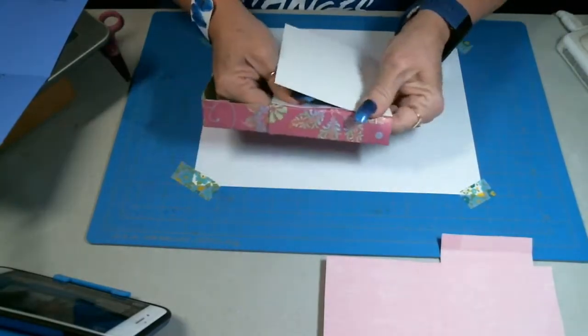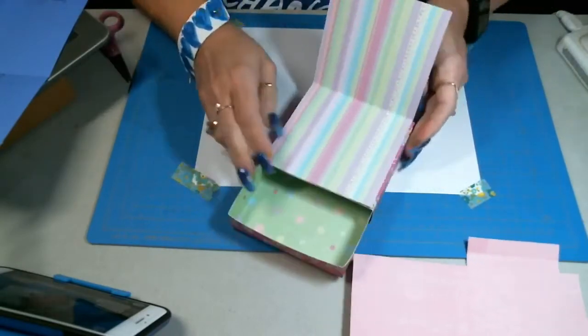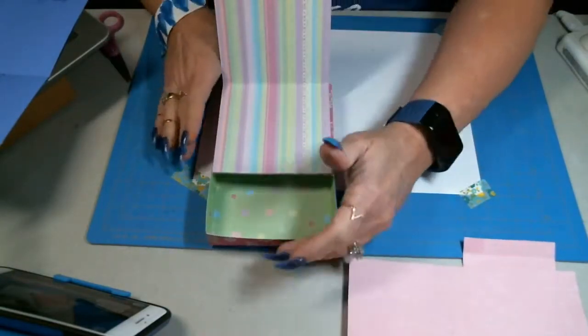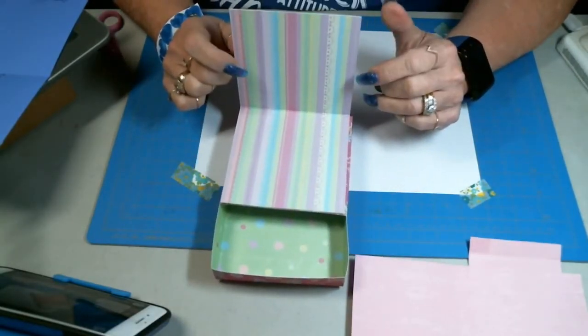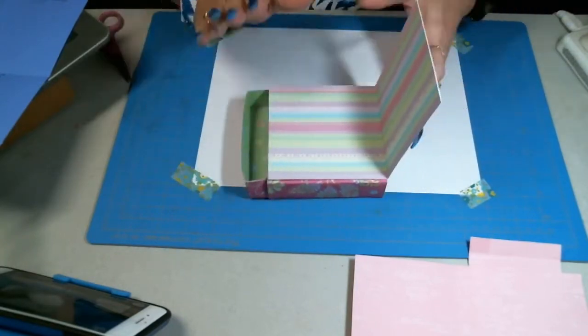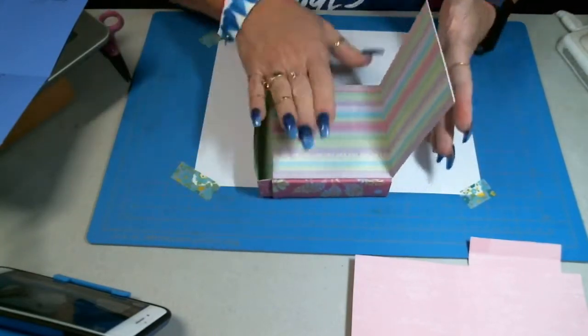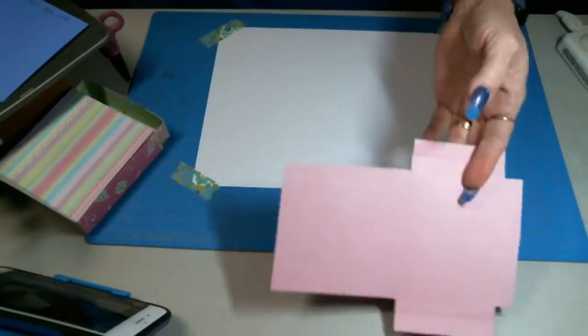Okay, let's get that glued on there. So there, now there's your box and the top here. Okay. All right. So once you do that, you're just going to set that aside again, and then you're going to take the